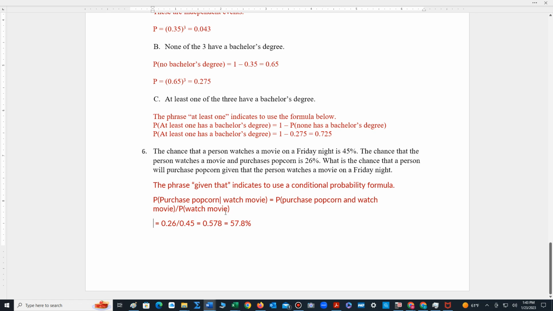So all we're really doing in this problem is taking 26%, which we write as a decimal 0.26, and dividing by the condition 45% or 0.45. That's going to give us 0.578, which if we wanted to, we can convert to a percent,